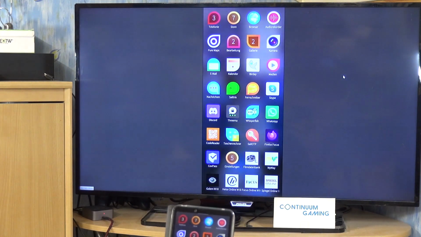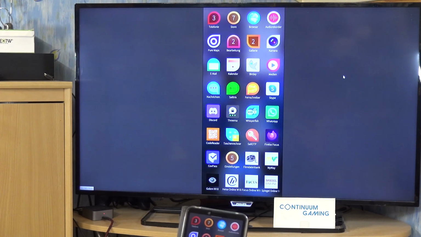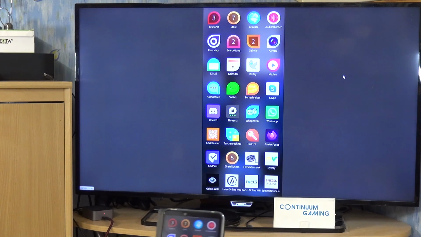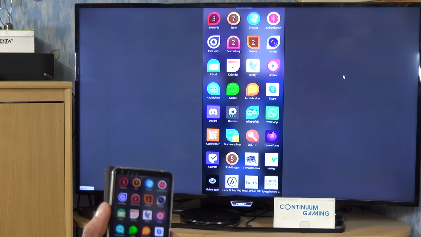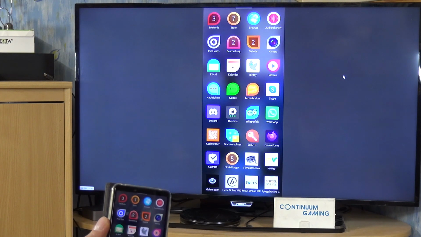So WhatsApp is of course something, as mentioned before. I'm just going to open the app and see if it's working, or if, for instance, there's some kind of notice that something isn't working, because some apps really need the Google Play services to be installed, and they are checking actively for that. So in this case, it's not going to run on the smartphone for me because I'm not using the